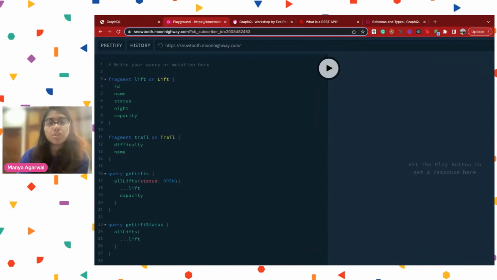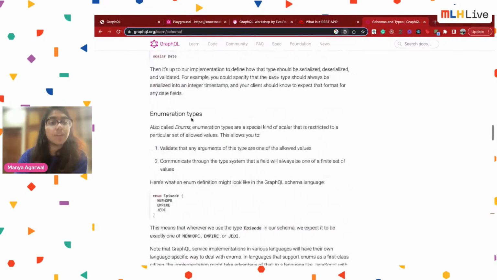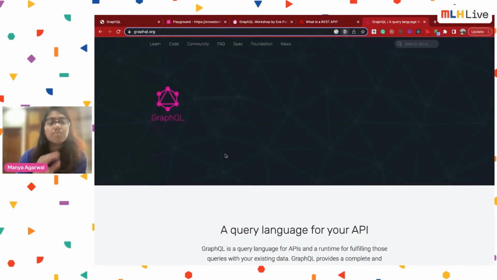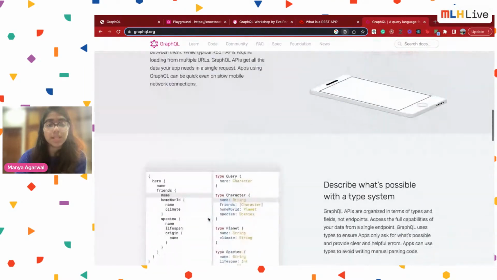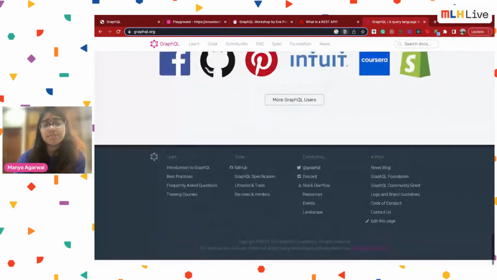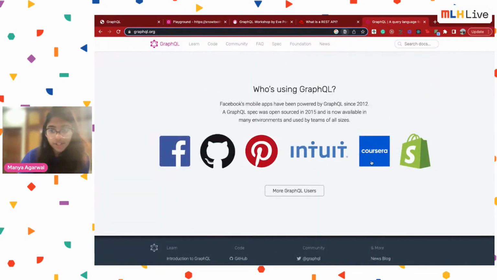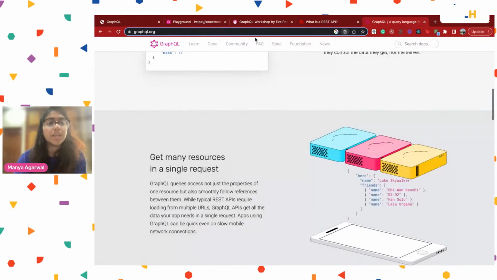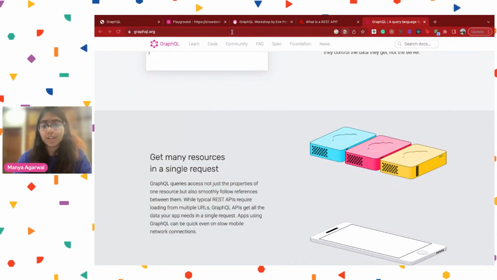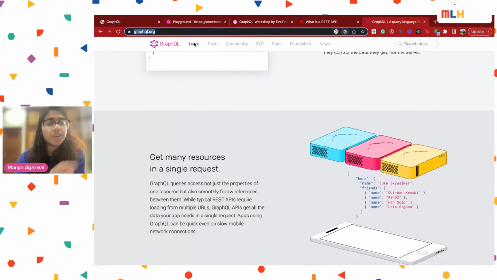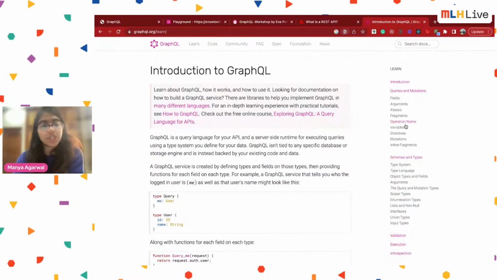So a few good resources for all of you to know is this website, graphql.org. It's a more community run GraphQL website, and I would say it's a very good place to start. Like I was mentioning, places that use GraphQL. So the URL is pretty straightforward. And here, if you click on learn, it actually teaches you about